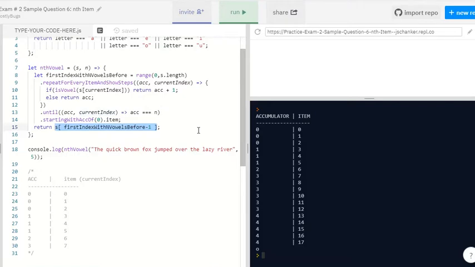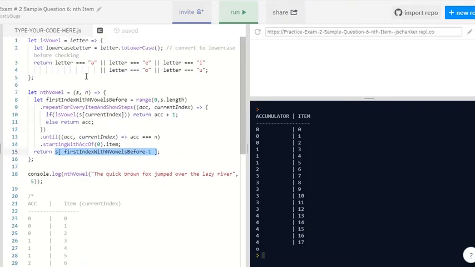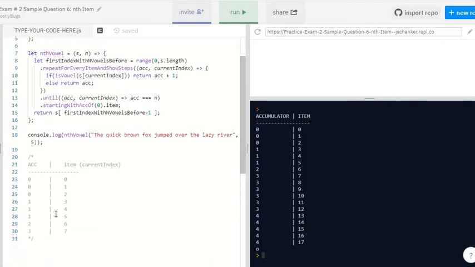I just want to mention this. Well, first of all, I could just mention that is vowel. You could see how this works. It's just converting the letter that you give it to a lowercase one, and then it checks whether it's lowercase a, lowercase e, i, o, or u. All right. Okay, but the main thing I wanted to say is that you did not have to have the